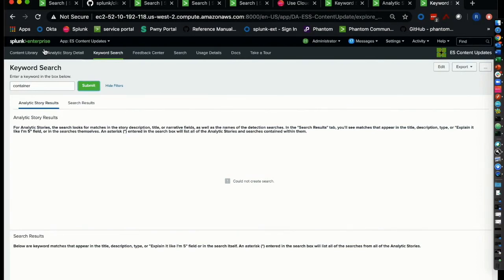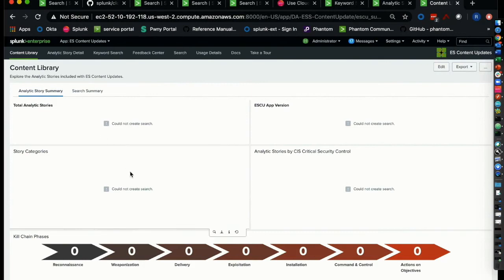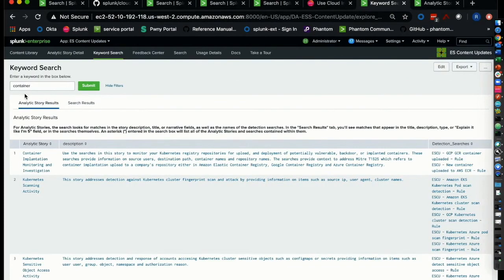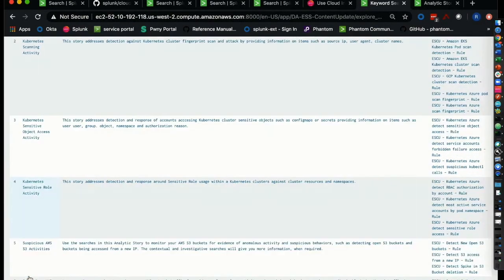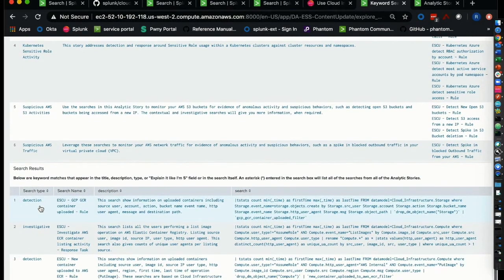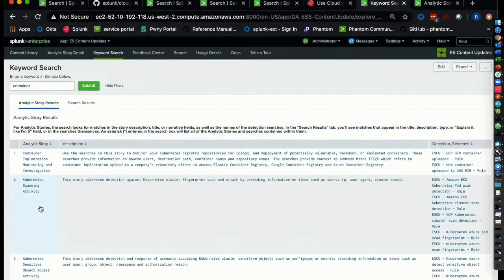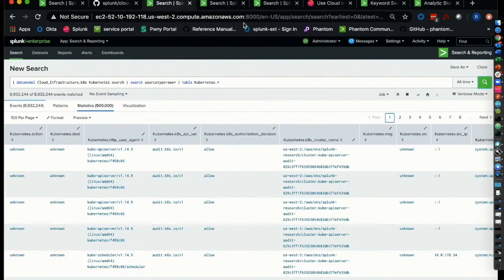So in this case, we will be focusing on containers, and we're going to look at an example of an analytic story, which you go into ESCU, you select keyword search, and in this case, we place container, and we're going to look for a detection search in an analytic story that has to do with container implementation. Container implementation is important because if you have a